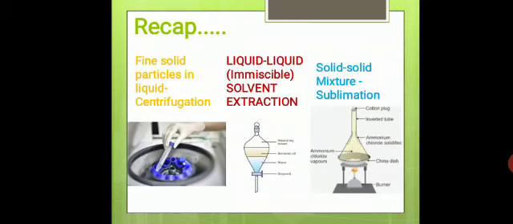And next finally we had sublimation, which is used to separate solid mixture. We also saw the experiment of separation of ammonium chloride mixed in sand. And what is a very common example we saw in the last class? Camphor and naphthalene balls. Did you all check using a camphor or naphthalene ball whether its size is getting decreased or not? If not, do check it. It will be very interesting. So you can observe they are directly converting from solid state to gaseous state. Then they are sublimating compounds.